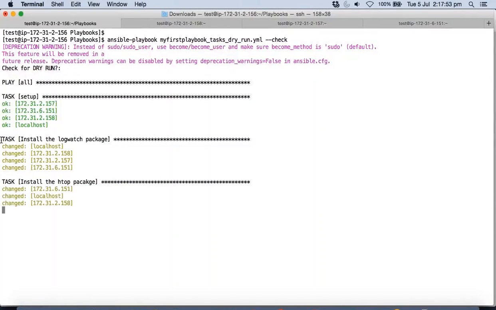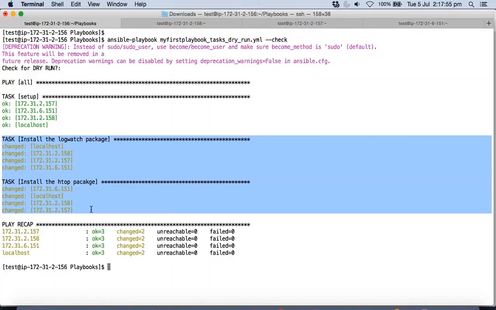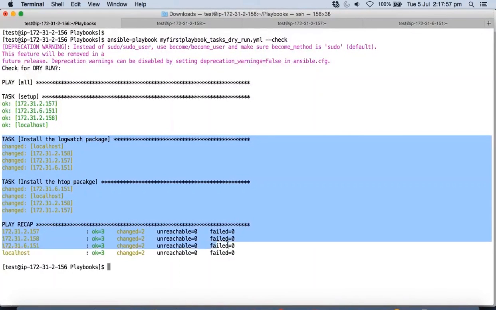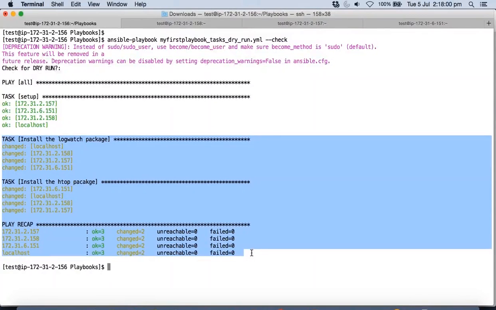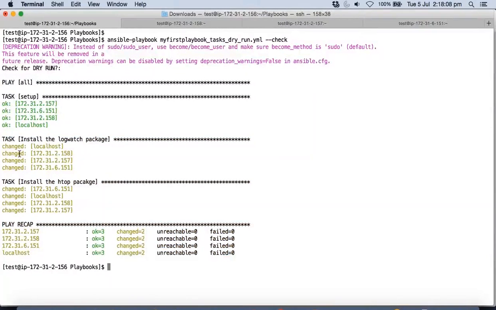As you can see here, the task is changing on all the machines. That means it is actually not changing in reality. It is just showing a dry run concept. It is just showing what if in case this playbook is executed without the hyphen check option. But since it's showing yellow color for all the tasks which changed,